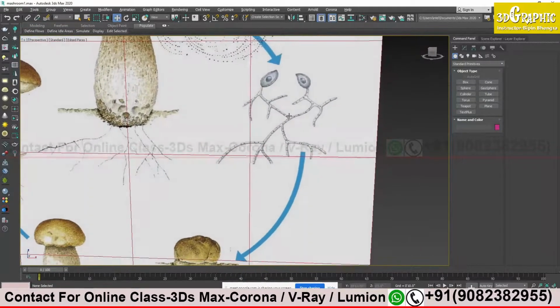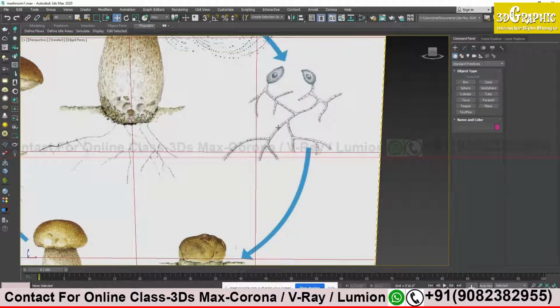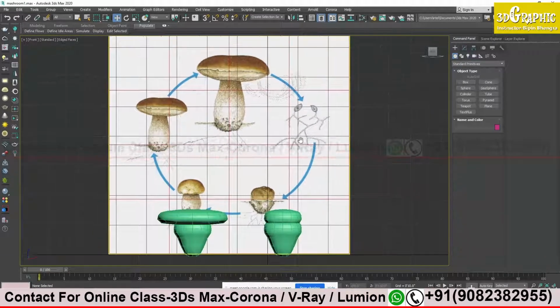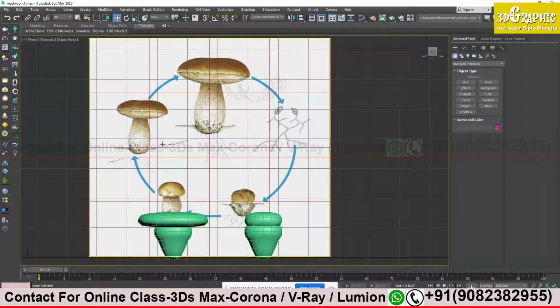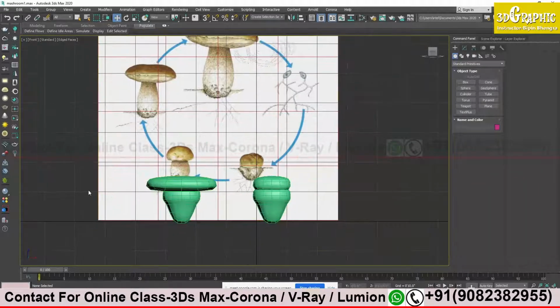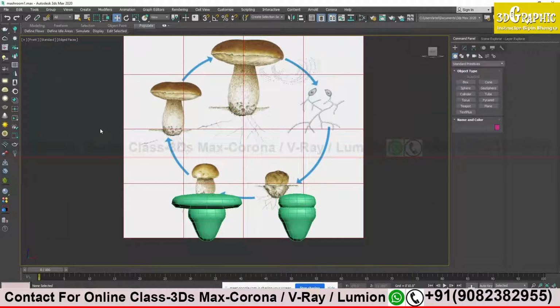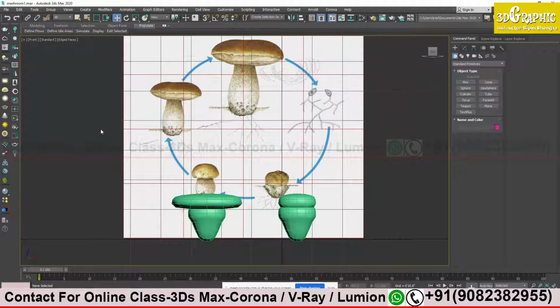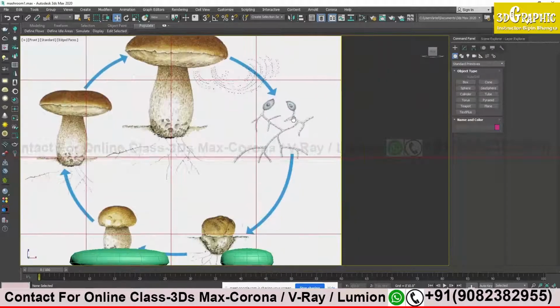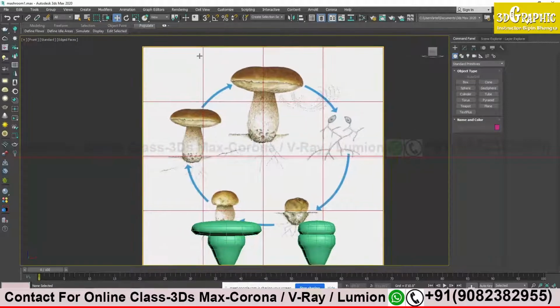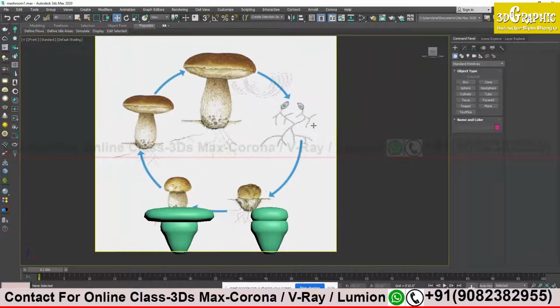So we go to front view. Just press F, and here you can see the grid is coming all over my image, all over this model also. To hide this grid, I will press G, keyboard shortcut G. It's a toggle button. It makes your grid visible and invisible. And over here on the reference images, I can also see the edges of the images, so I have to click F4. Remember, F4 shows the details of the edges and hides them. So I will just hide that also.